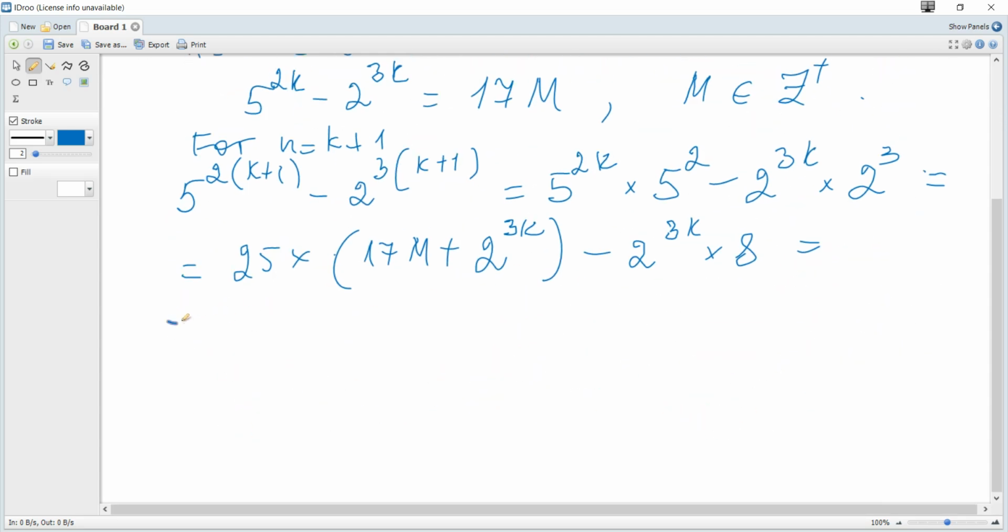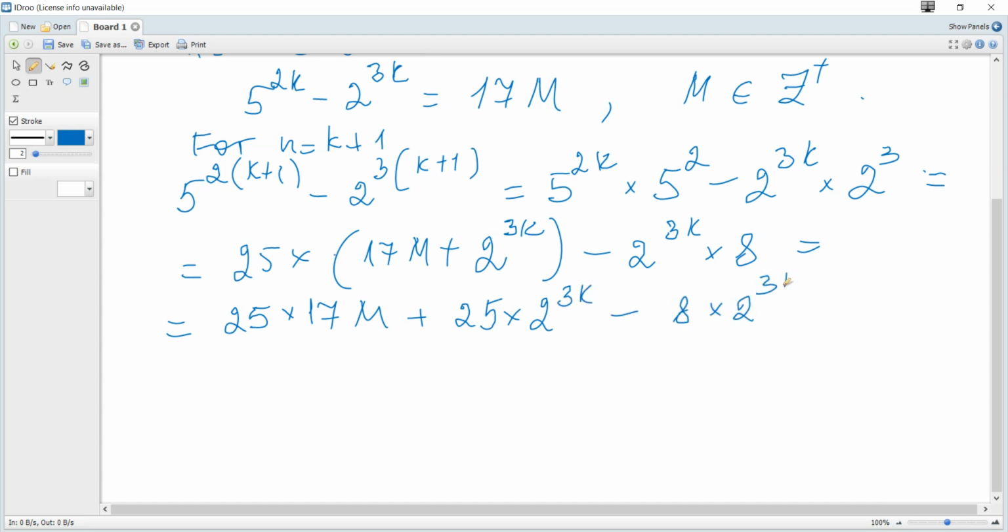And expand this, so to get 25 times 17m plus 25 multiplied